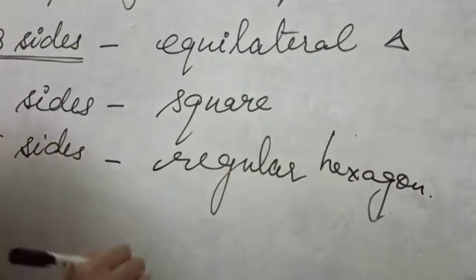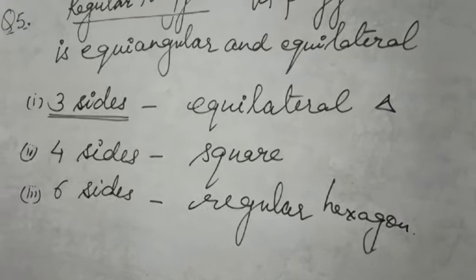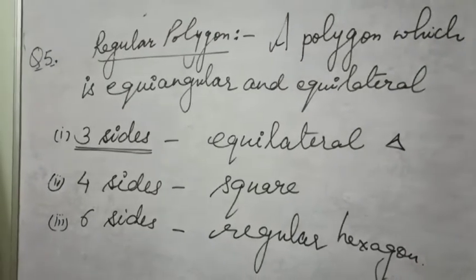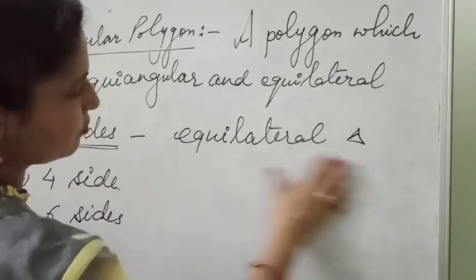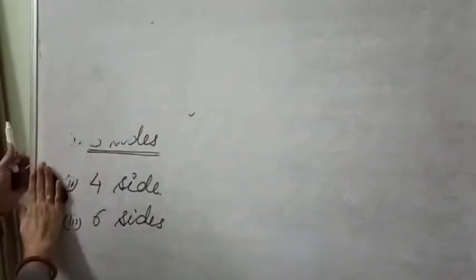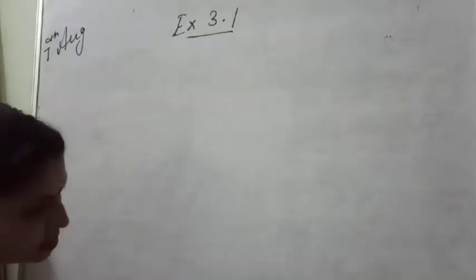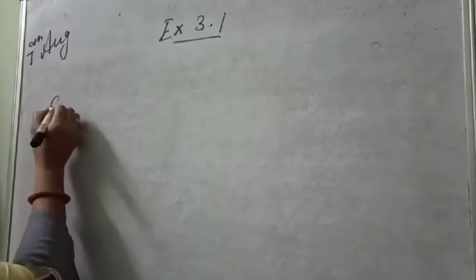Now student, question number 6 is very important. For these questions, first of all you will draw the figure in your notebooks, whether it is classwork or homework, and then you will start with that question. In each and every figure you are supposed to write the reasons. Whatever reason is being used to find out the value of that angle, you are supposed to mention it.